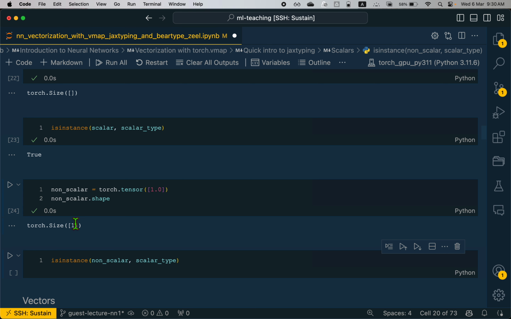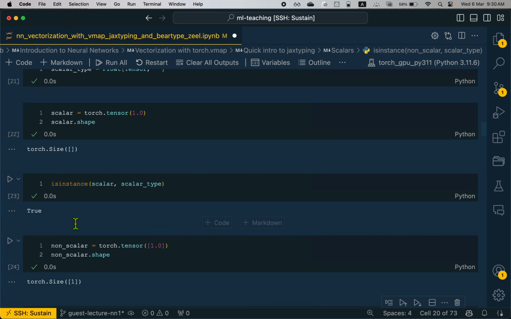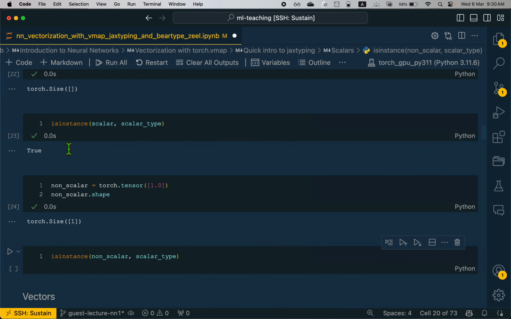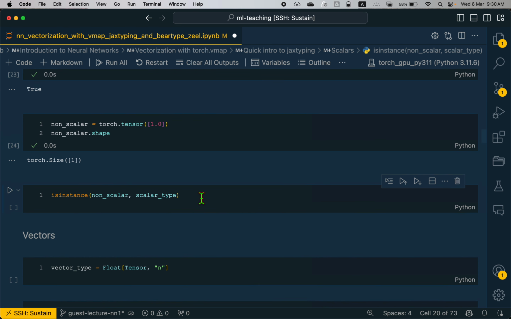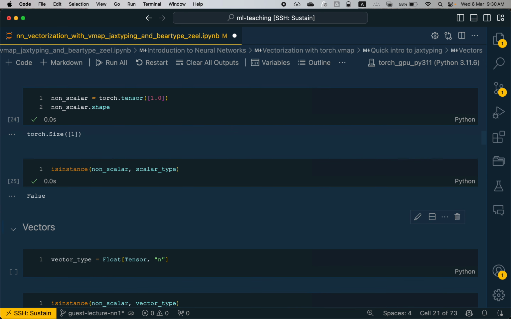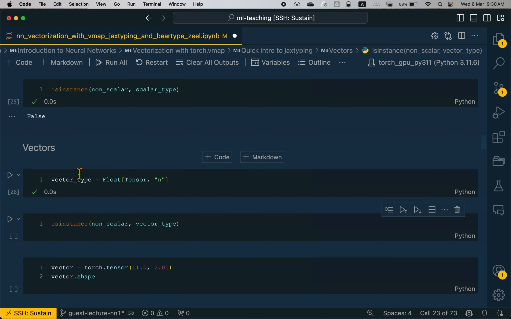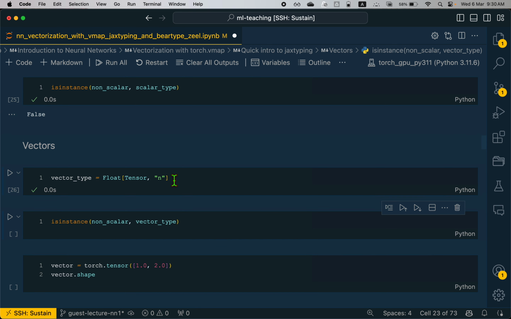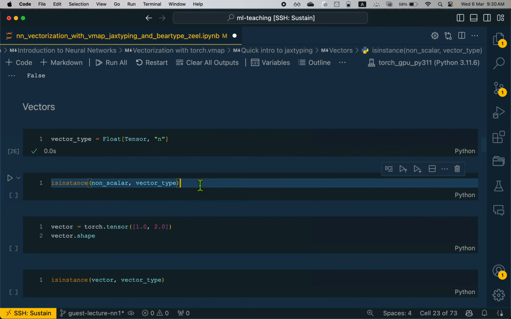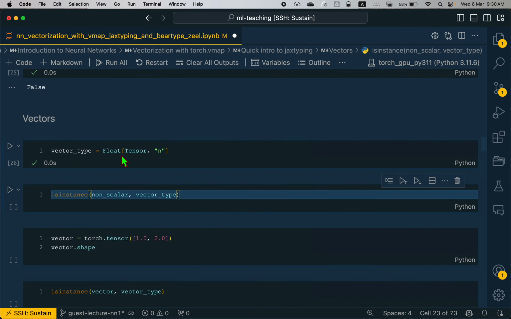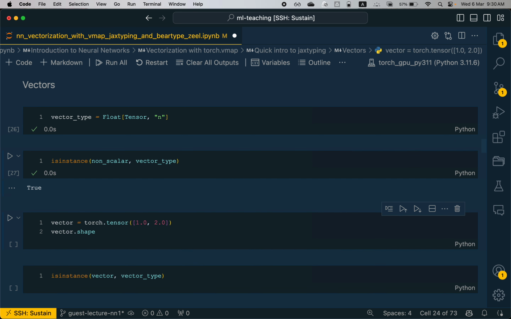So you can just put this into an umbrella of tensors, and then we can say this is a zero-dimensional tensor. This is a one-dimensional tensor, right? And if I try to check, this is returning me false, right? Which clearly shows that this is not a scalar, right? Now let's try to define a vector. So here the only change I made is that I put n here, which denotes that it is a vector. And if I try to put this non-scalar, which was a vector, in isInstance, I'm getting true,